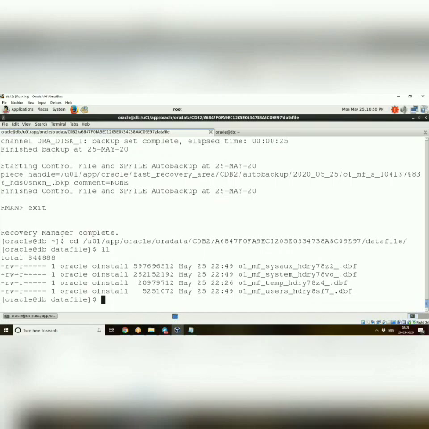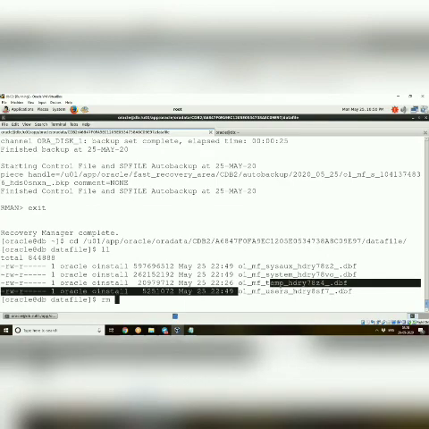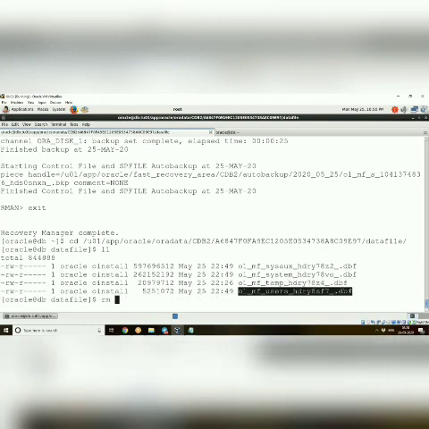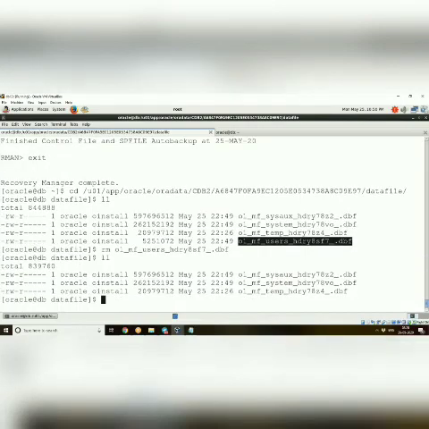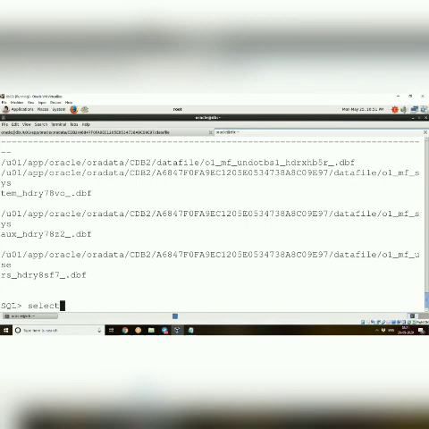So users I'll remove. So this is the users data file. I'll just remove this. Okay, so now I have only this one, but it doesn't have effect here. I'll give the same command, but still it is showing users data file, isn't it?